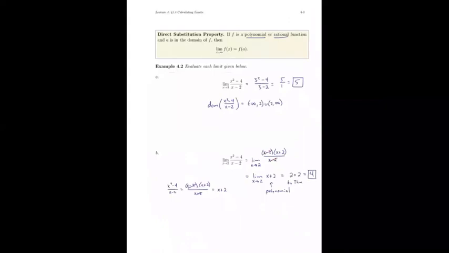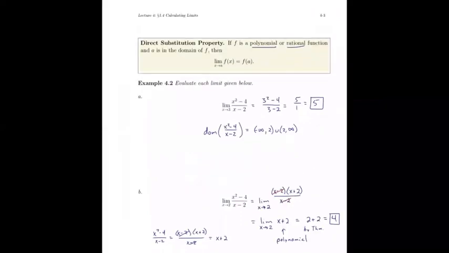So, a direct substitution property. This is probably what we thought of the first time we saw a limit back in section 1.3. Why don't we just plug the value directly in? Well, we saw other functions where that wasn't actually feasible. It turns out two groups of functions, polynomials and rational functions, work. So if f is a polynomial or a rational function, and a is in the domain of f, then